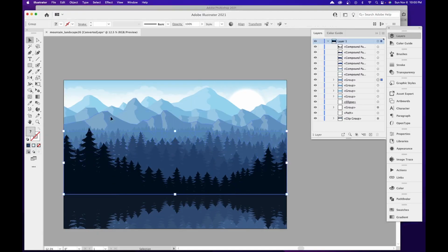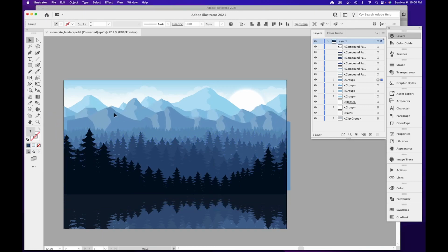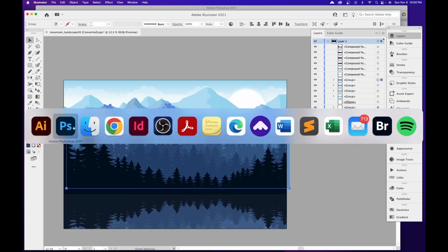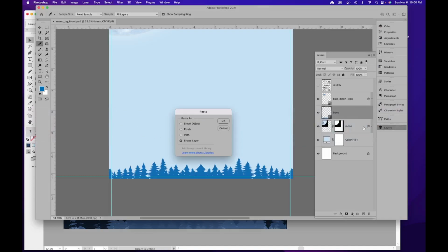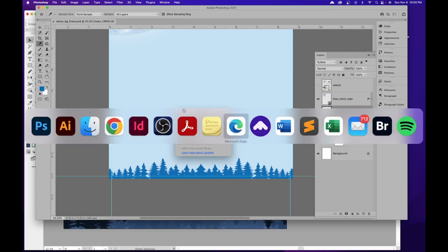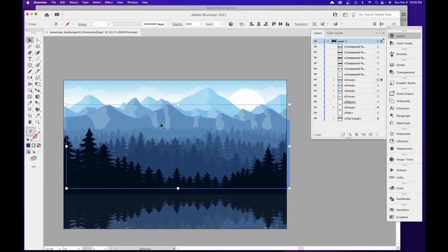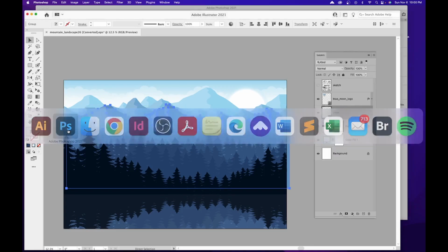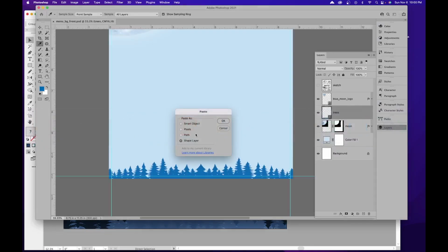And I do want to add a few mountains as well. So I want to add maybe this mountain range. One mountain range is fine. So I'm going to do Command C. Go into Photoshop. I want to do Command V. And again, since this one has lights and darks, I want to undo, go to Photoshop, and paste this actually as